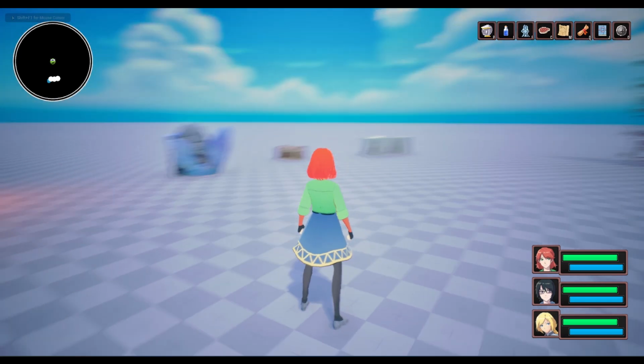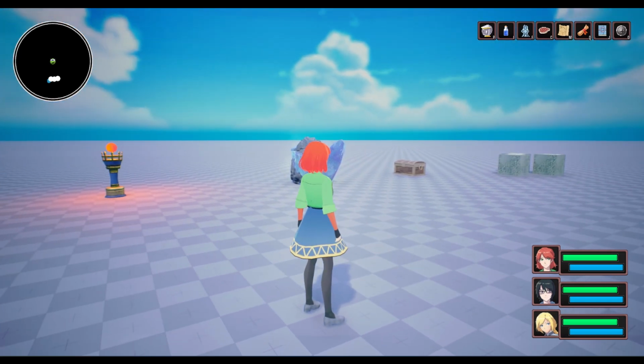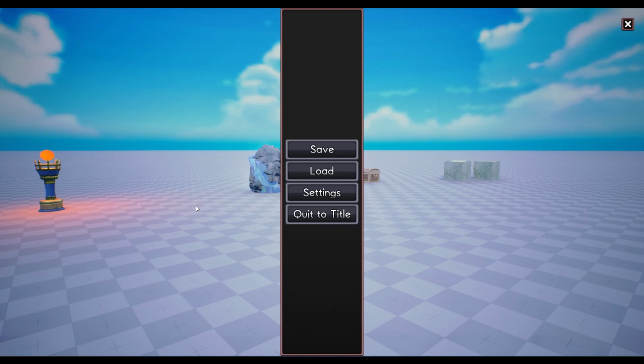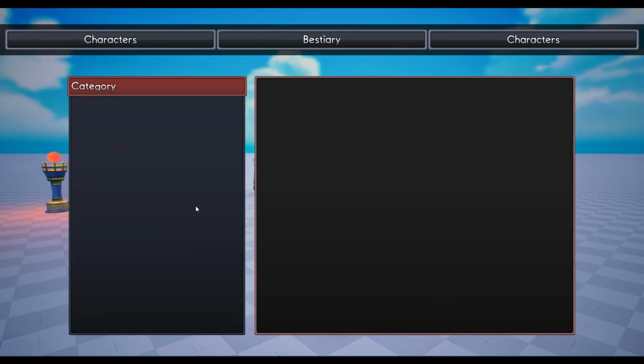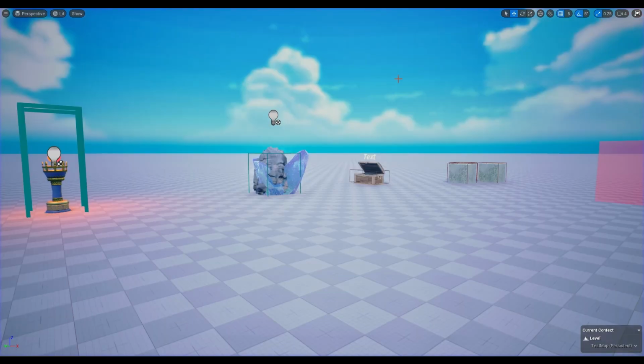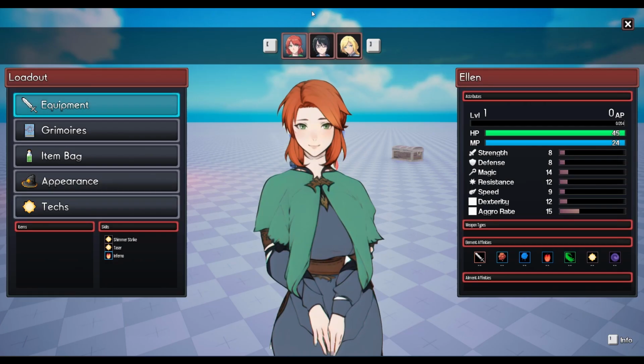But if you want quick access to them on PC, you just go ahead and hit whatever the corresponding number is. So O opens up the settings menu. You have J for the journal, which doesn't exit. Lastly, we have party, and obviously the party screen is mostly the same as I've shown it before, but with